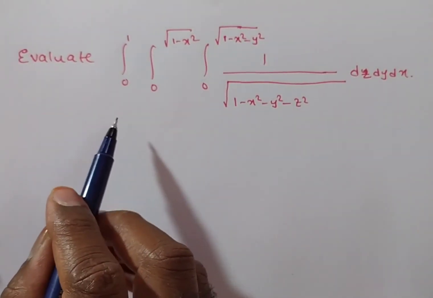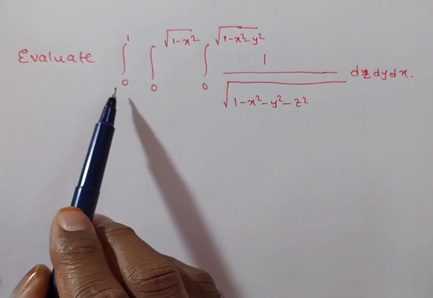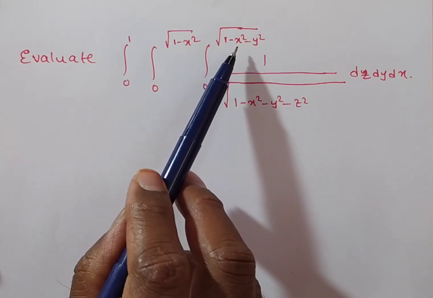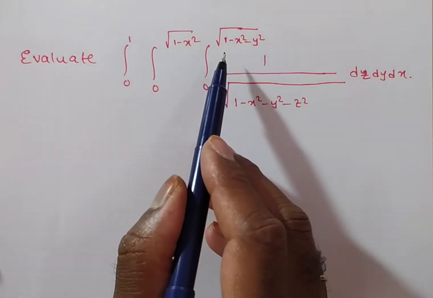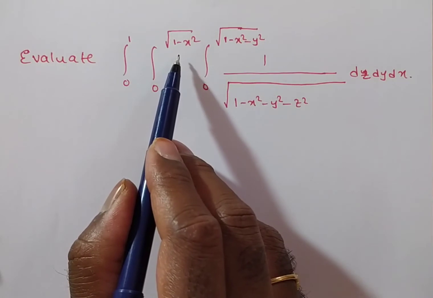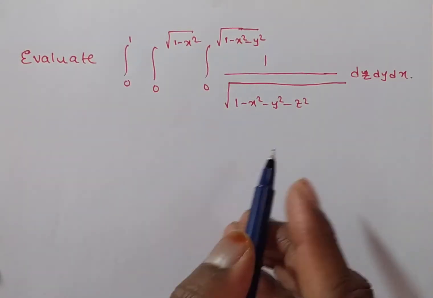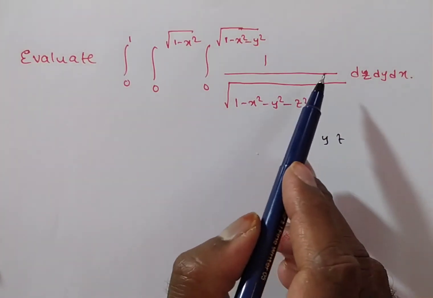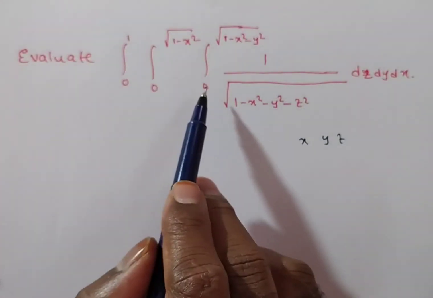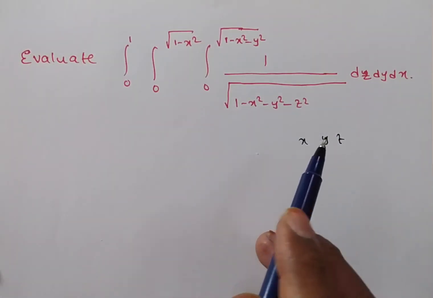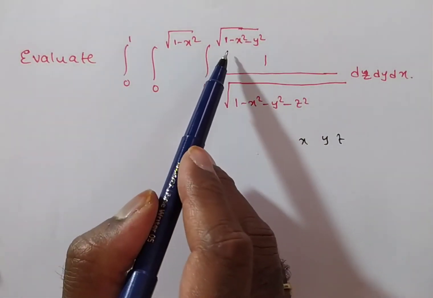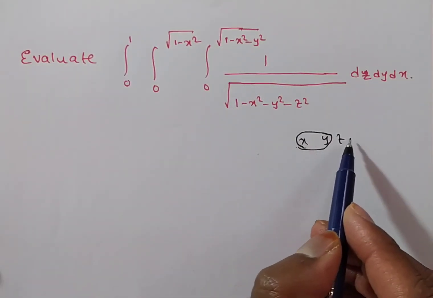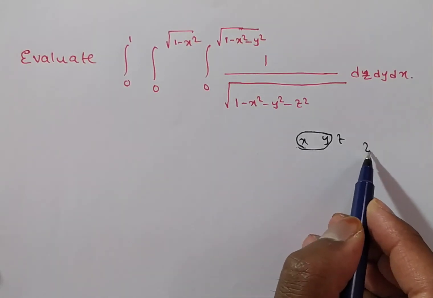Friends, by observation we can say this is an independent limit, this is a function of x, and this is a function of x and y. So this is the limit for z, this is the limit for y, this is the limit for x. How can you say that? Here we are integrating this integrand in this region with respect to x, y, z. The one that is a function of x, y, round it up. A function of x, y is the limit for what? z. So the first one is the limit for z.